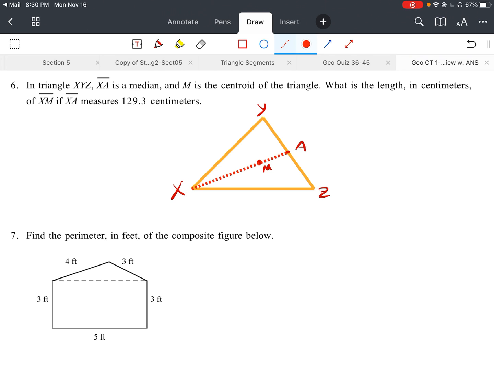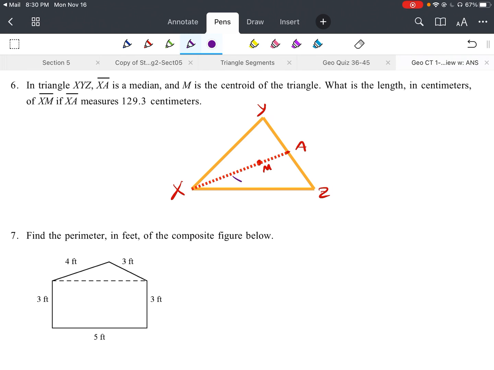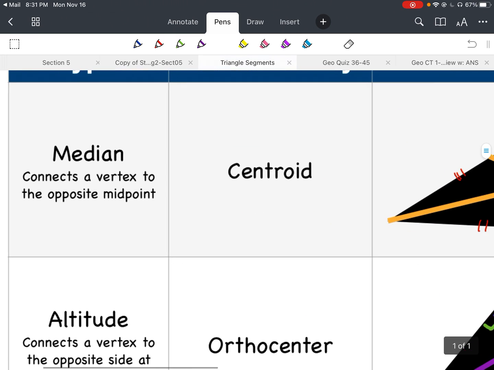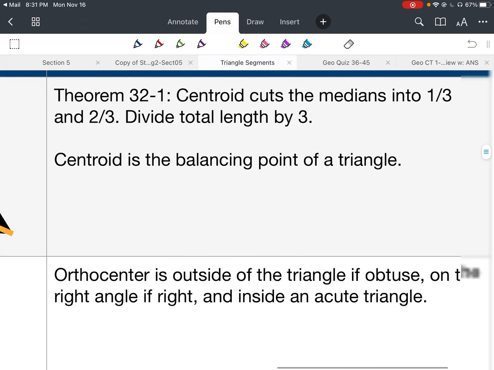It says, what's the length in centimeters of XM? Ooh, I love these, right? What's the length of this? Let me give it a letter. Let's call it, I don't know, a letter we haven't used. How about P? We'll call it P. All right, what's the length in centimeters of XM? Call it P. If XA, this whole distance here, is 129.3. Now, if you go to the triangle segment sheet, okay, we're talking centroid, connects the vertex to the opposite midpoint,